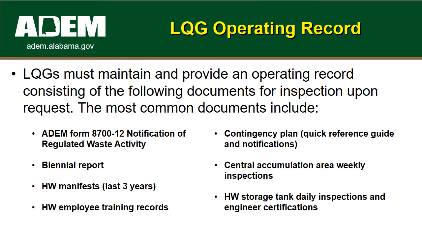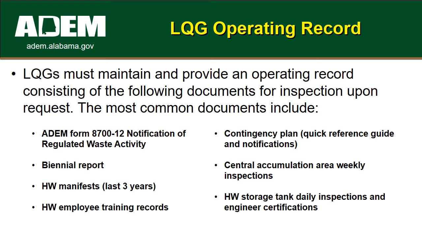The Large Quantity Generator Operating Record. Large quantity generators must maintain and provide an operating record consisting of some of the following documents, as well as others that might not be listed, for inspection upon request. Some of the documents include ADM Form 8700-12, Notification of Regulated Waste Activity, the Facility's Biennial Report, Hazardous Waste Manifest